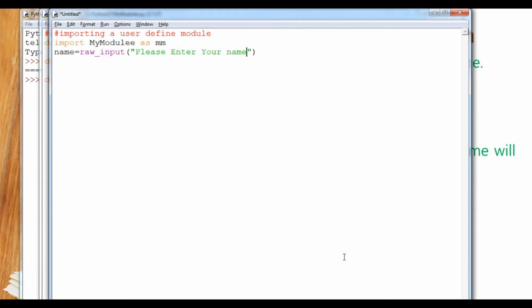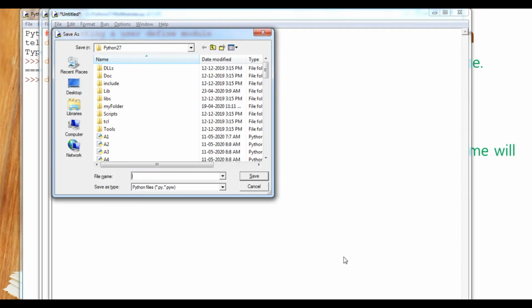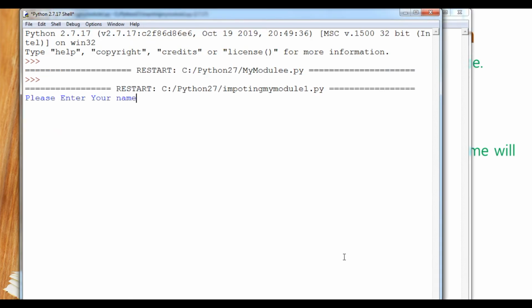Now after that I am going to pass this particular function dot, the function name is my print. In that you will pass name. Now run it and save it. Importing module 1. Now you can see it has executed.